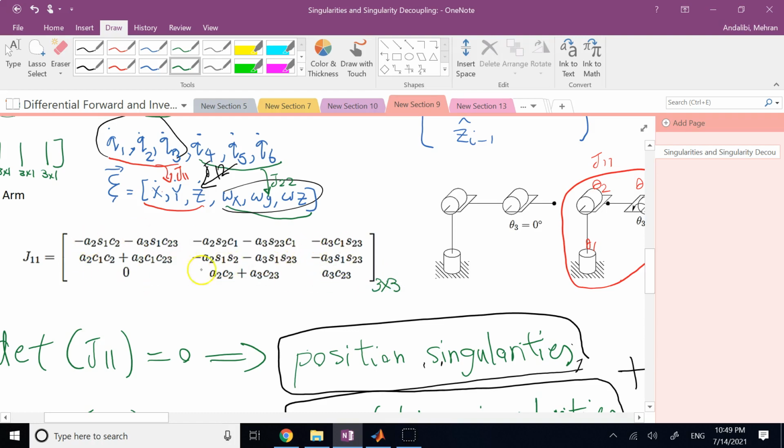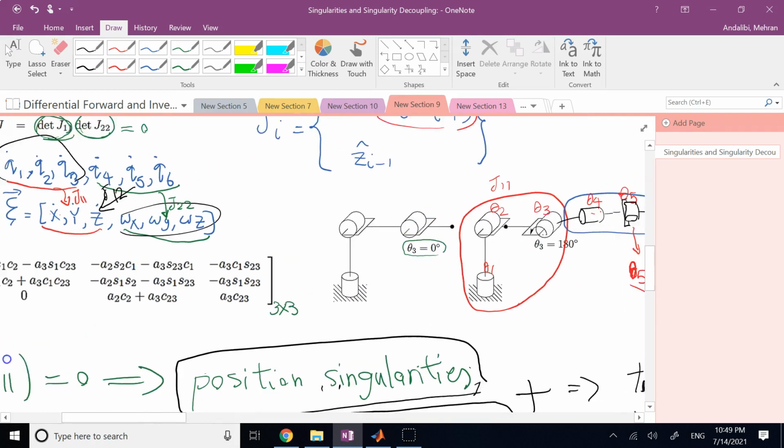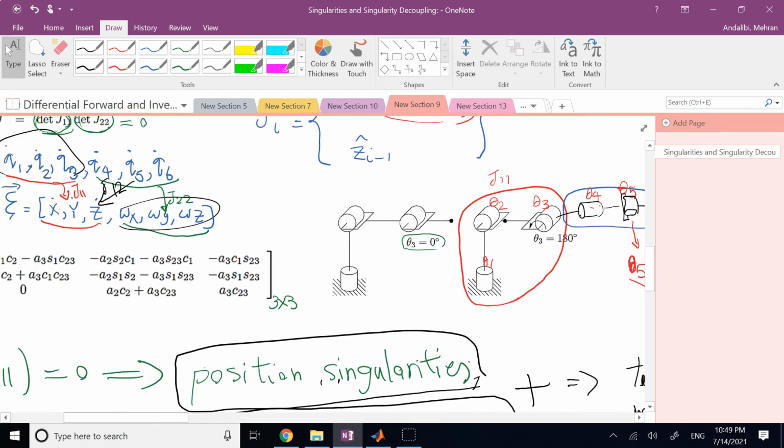It has a lot of algebra involved, but you can show that in general there are 3 singularities for this one. Case 1, the last angle is 0. Case 2, the last angle is pi, so it is completely stretched,